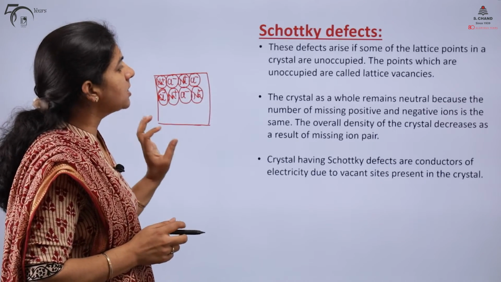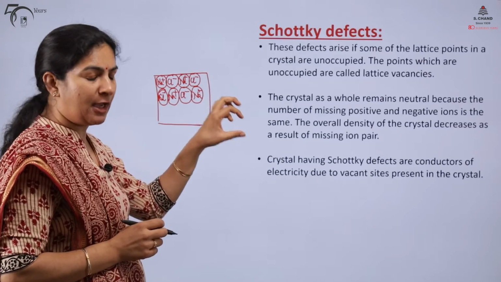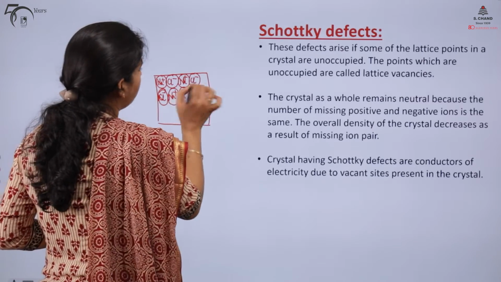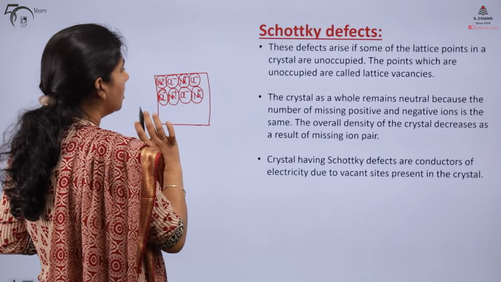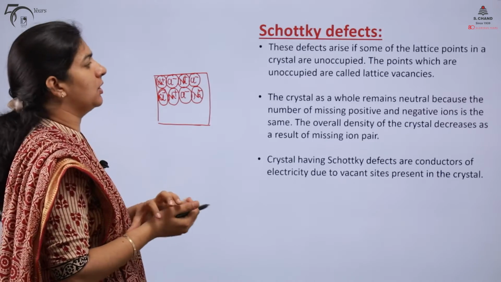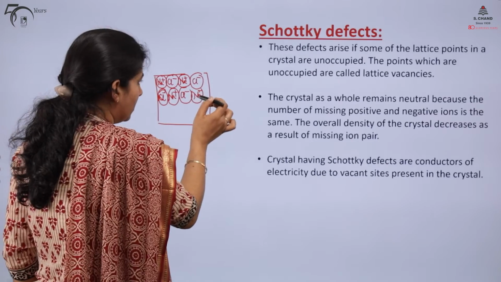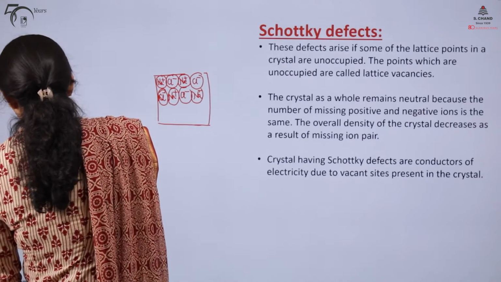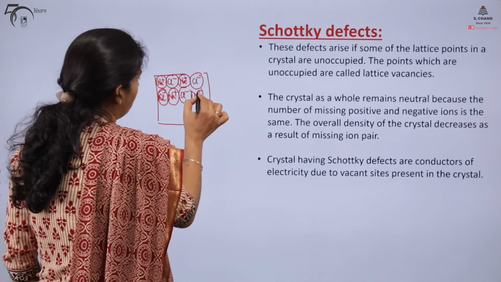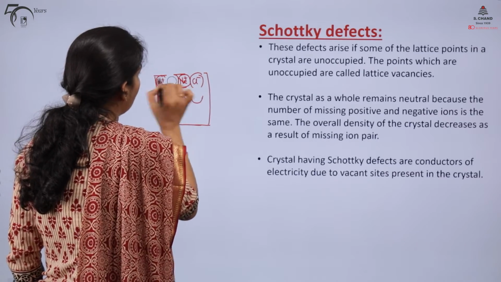In a Schottky defect, one of the ion pairs is missing from the crystal. So one sodium ion and one chloride ion